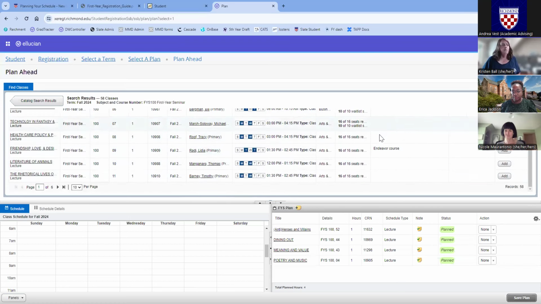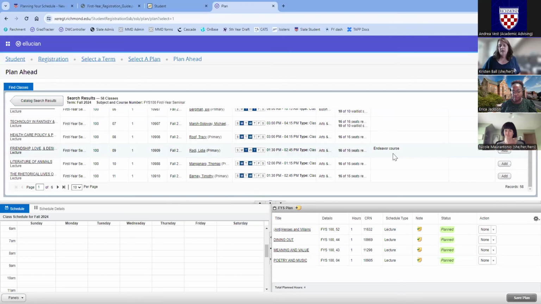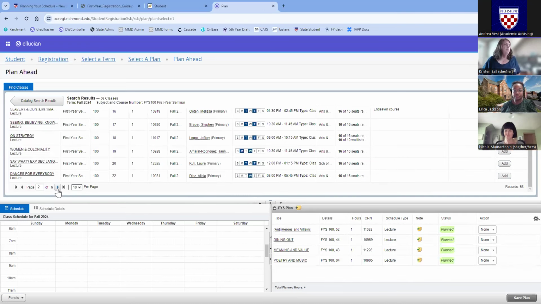You'll notice that some classes have Endeavor course in the attribute field. If it says Endeavor, it is reserved only for Endeavor students in the Endeavor program. So if you're not in that specific Endeavor program, don't put that one on your list because you will not get it. You also might see other attributes